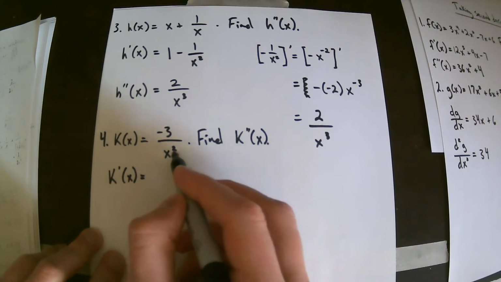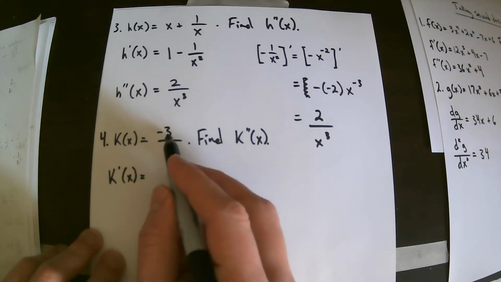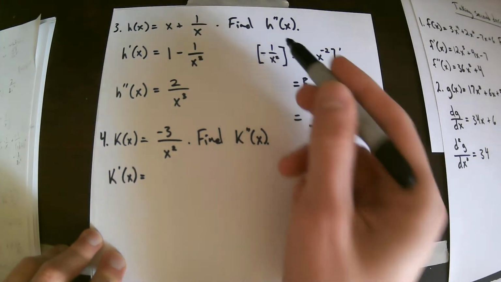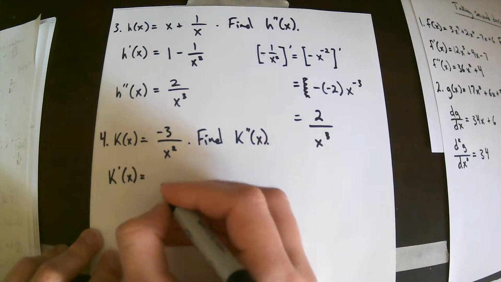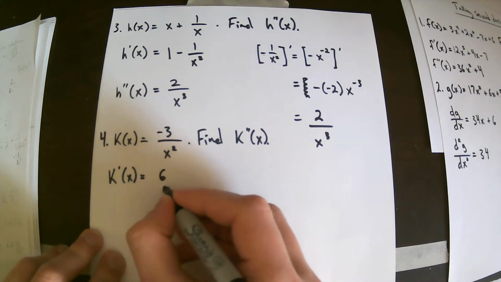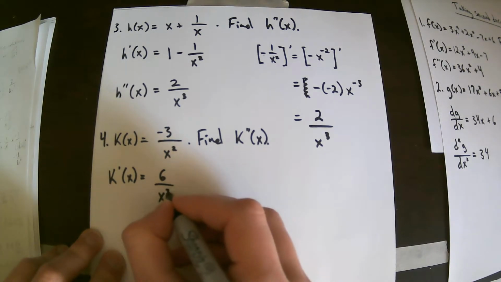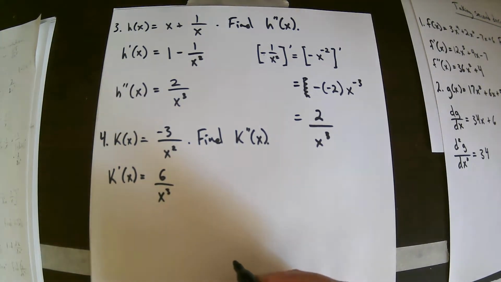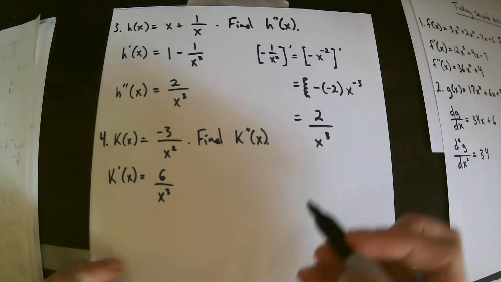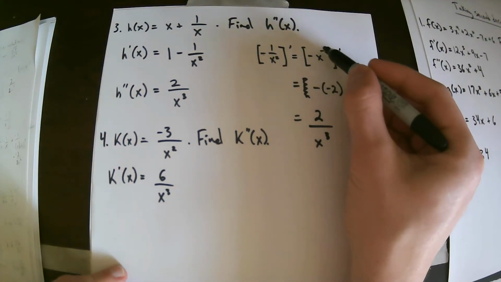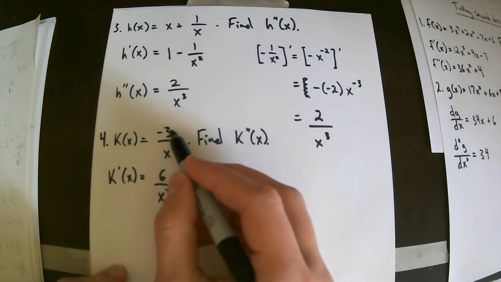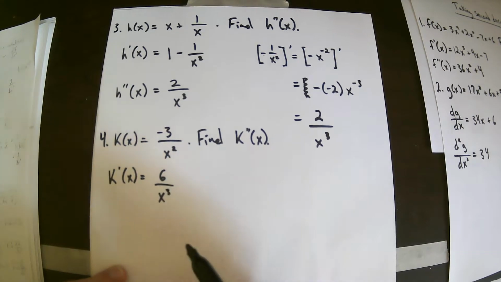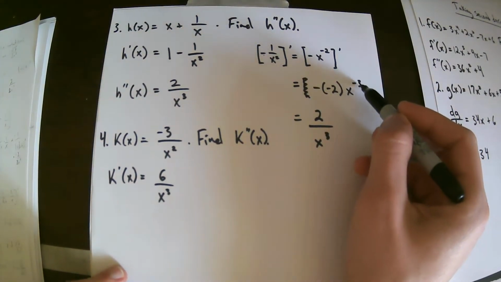This is pretty much the same thing, except there's a negative 3 up there instead of a negative 1. So I'm going to have positive 6 over x cubed, because the negative 2 will drop and multiply by that negative 3, becoming a 6, and then the exponent will come down by 1,